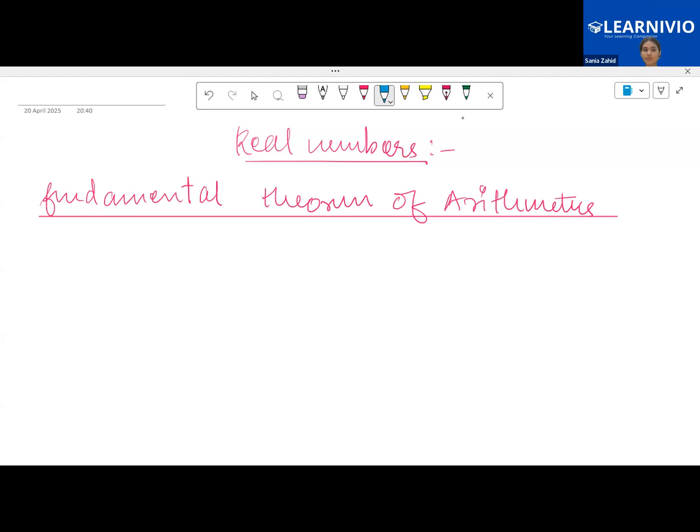Have you studied this theorem before? Yes, ma'am, I have. Yeah, the fundamental theorem of arithmetic, it's about prime factors and